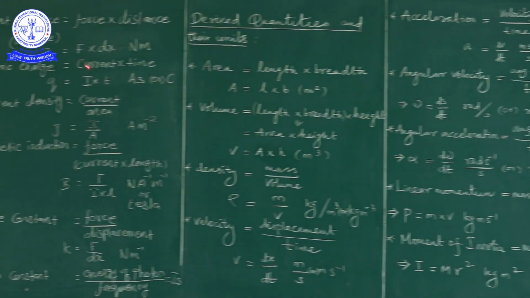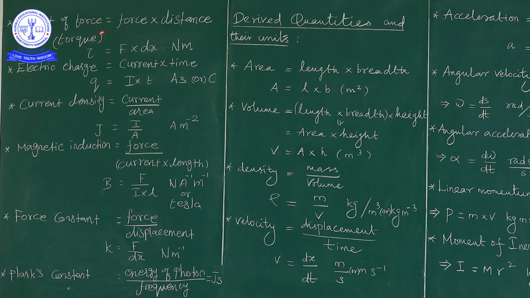And next is the moment of force. So moment of force is also expressed by the word torque. So torque is also known as the rotating force, restoring force, like that. So torque is expressed by force into distance. Already we used this expression for expressing energy also. Energy also we mention as force into distance. Force into distance is nothing but energy. The same force into distance is also nothing but moment of force.